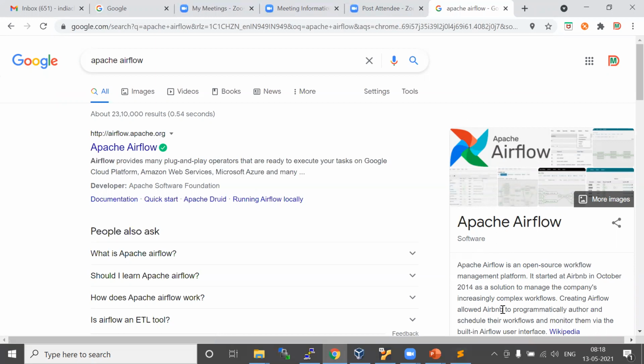You take your PySpark program and write the configuration as a Python program, so that the PySpark program runs for the specific time interval in Airflow. Airflow gives a very good UI to monitor your jobs: whatever time it runs, whether it failed or succeeded, how much time it took, and the logs. Airflow provides a lot of information.